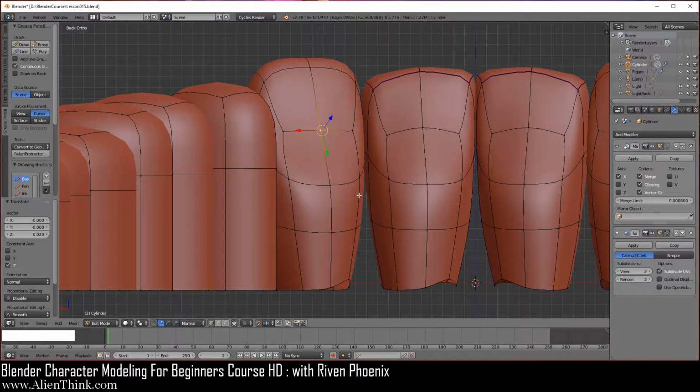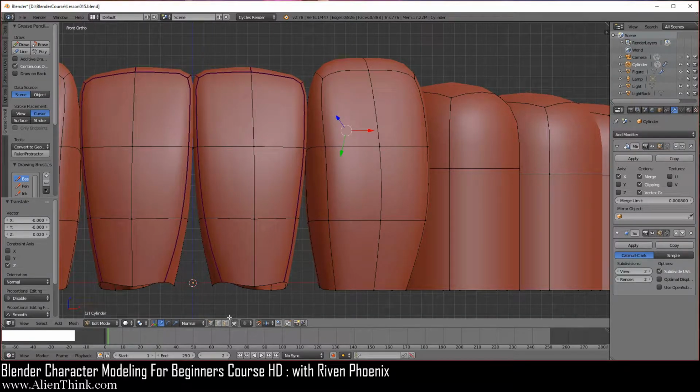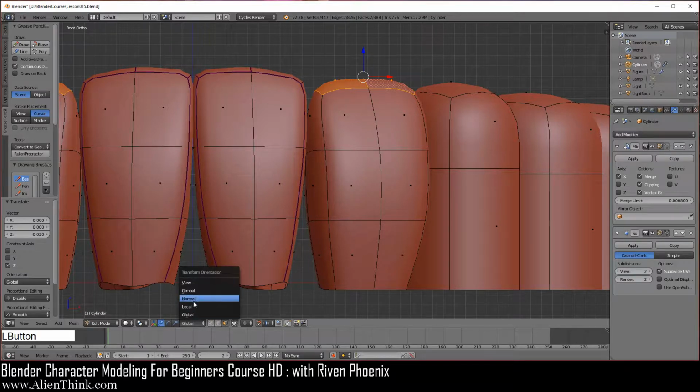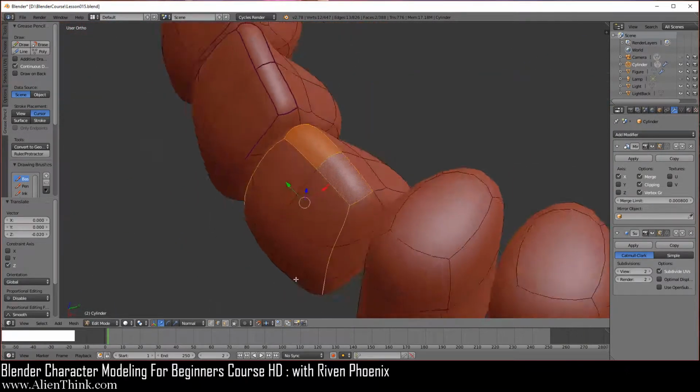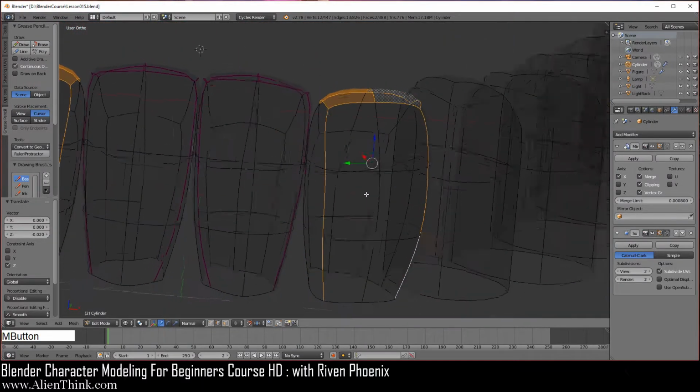Now we're going to press the 1 key to go to the front view. Switch on the face select mode and click on this face, shift key down this one. Okay, so I'm just going to switch this to global, then bring this down 1 and then 2. Then I'm going to switch back to normals over here. Okay, now since we have this selected over here, we're going to click on the edge select mode, have the shift key down, click on this one, this one, this one, click on this one, and this one. I'm going to do the middle mouse button to show you that this is all you have selected. Press the Z key just to make sure.